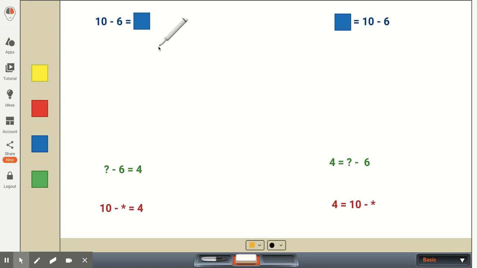So if I'm at 10 and I need to take away 6, I'm going to be subtracting 6. So let me put 6 dots here because I'm going to be subtracting these 6 from the 10 that I already have. So if I start with 10 and I subtract these 6 dots, it's going to be 9, 8, 7, 6, 5, 4. So their answer will also match the answer of 4.